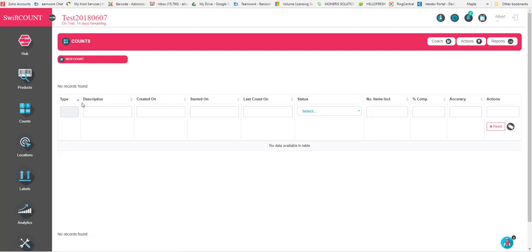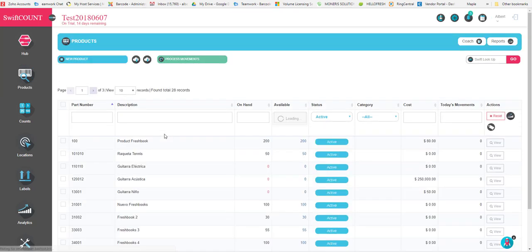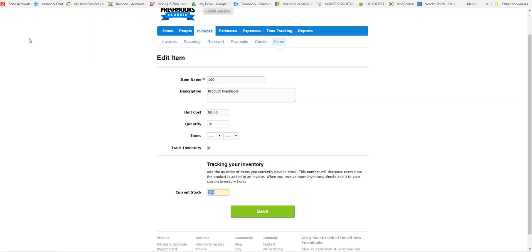So this is done here, and what it's done is it actually created an update in SwiftCOUNT, so I can go back now and view what I have on hand. So now I have 200 on hand. And if I go back into FreshBooks and just refresh my screen, I can see that my stock has been updated in FreshBooks. That's really all there is to it. The idea is to be able to alter your stock based on what happens in